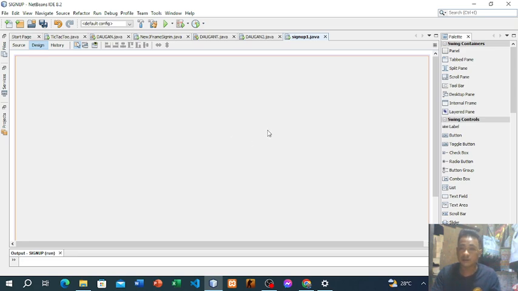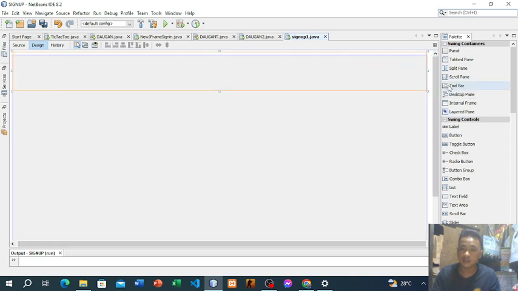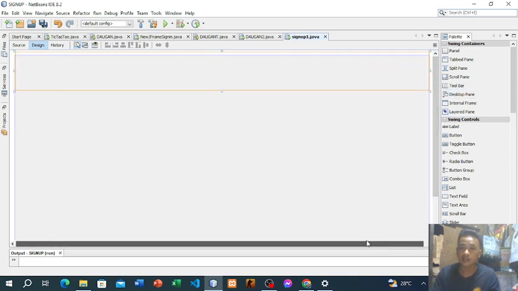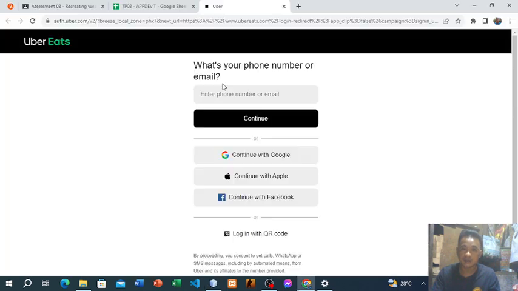After that, I'm going to add a panel, since you can edit the background of a panel. This panel will serve as the black background. This one, this black.